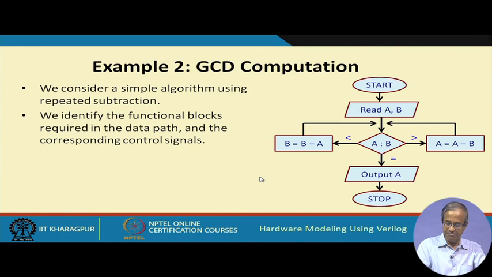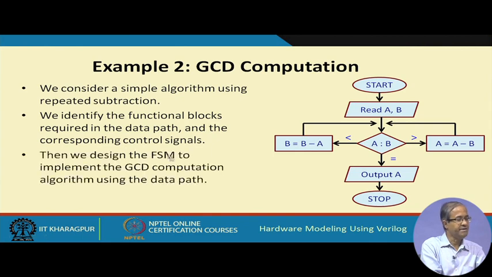So, as before, here also we shall be identifying the functional blocks that will be required in the data path, identifying the control signals, and designing the FSM to execute this in sequence. Now, if you look at this flow chart, you can identify the elements in the data path